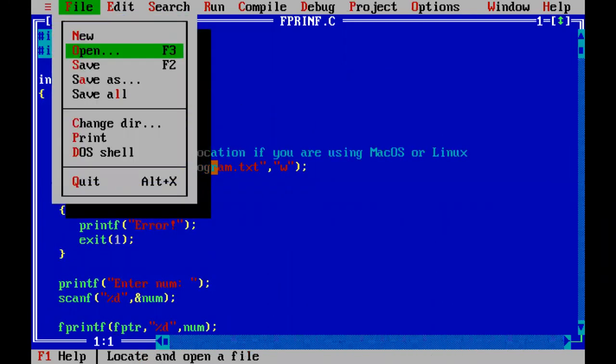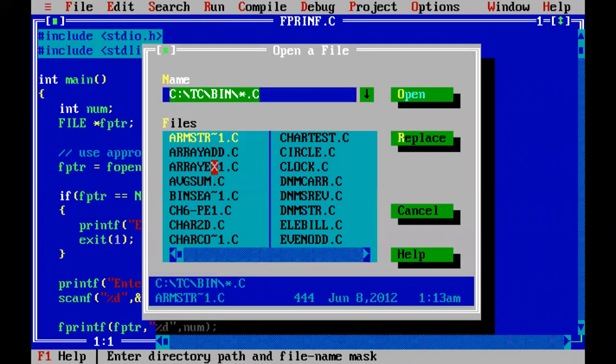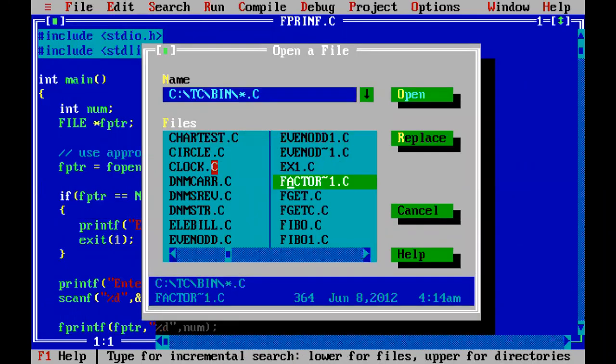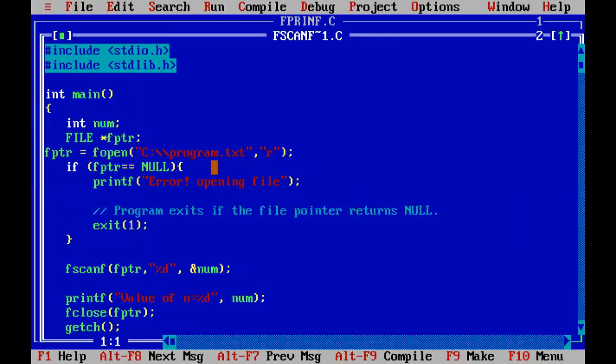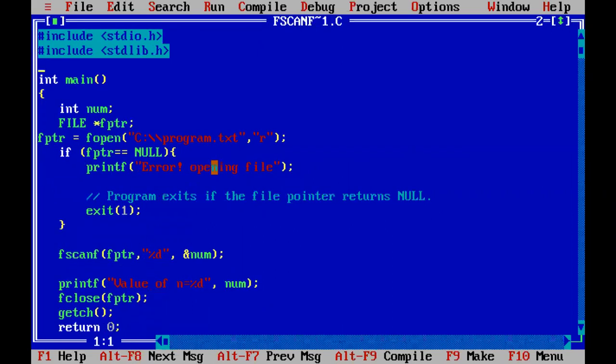What is the advantage with fscanf? Okay, same program, fscanf also. Int main, int number, file pointer is equal to fopen of program.txt, but I am opening the same file in read mode, right?